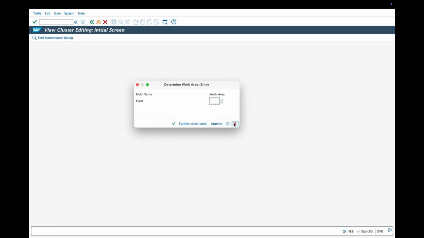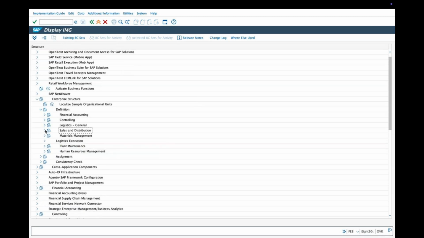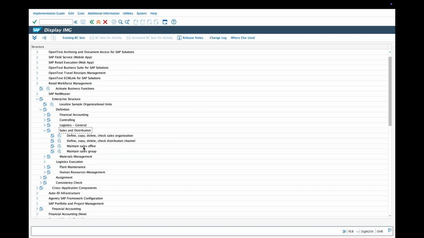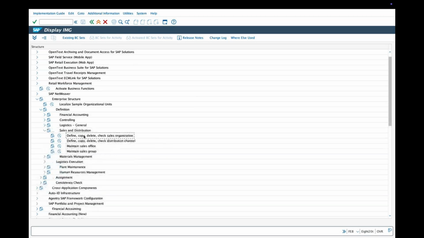Fine. So we'll come across this, but we need to make the sales and distribution core areas. I think one of you was trying to remind me this. Thank you. Here, mistakenly, I came to materials management. After you define the plant and division under logistics general, you need to set these areas.